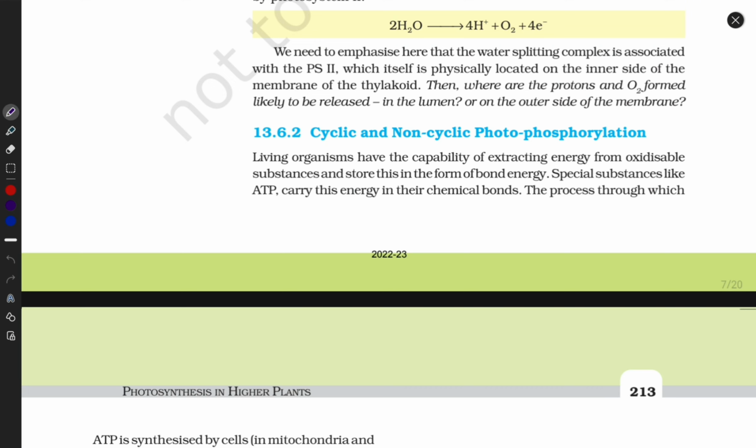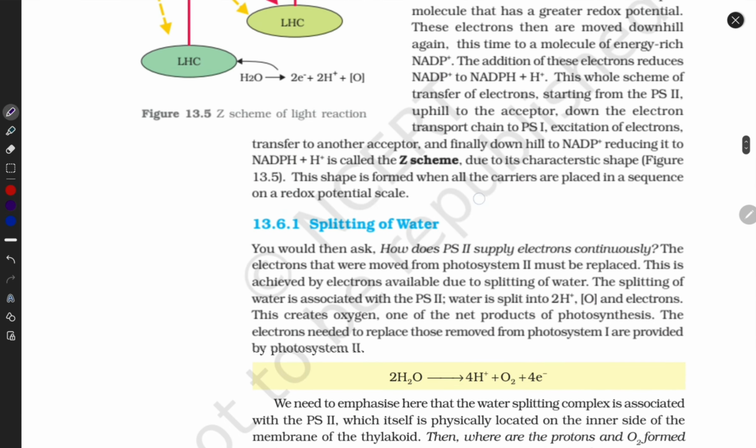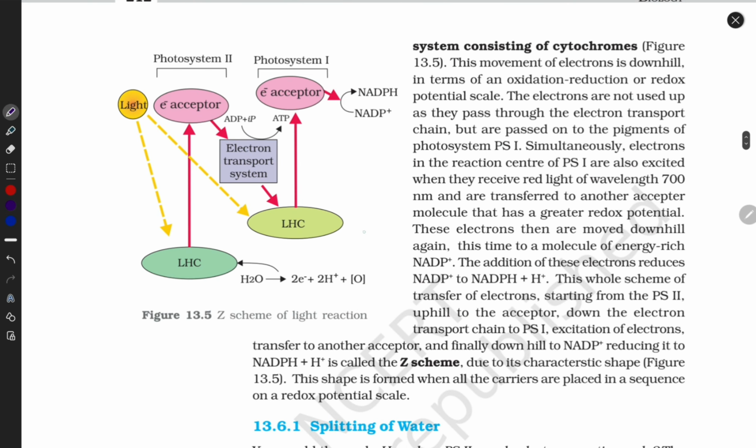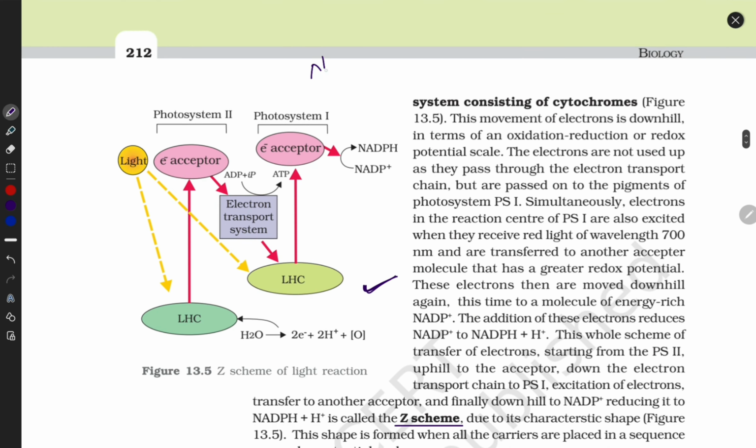In our previous video, we already completed non-cyclic photophosphorylation. Look at here. This is the light reaction. We also call it the Z scheme. We also call it non-cyclic photophosphorylation. So this is the whole mechanism of